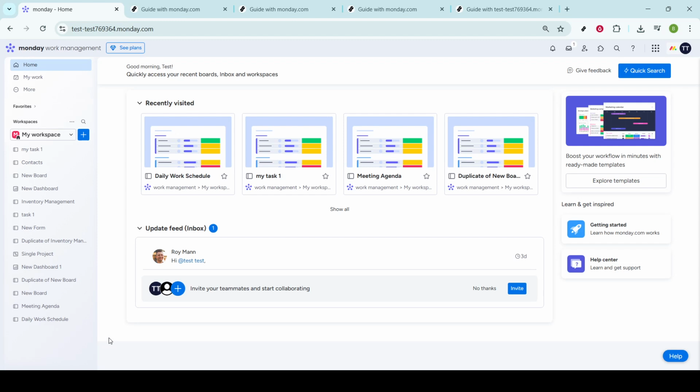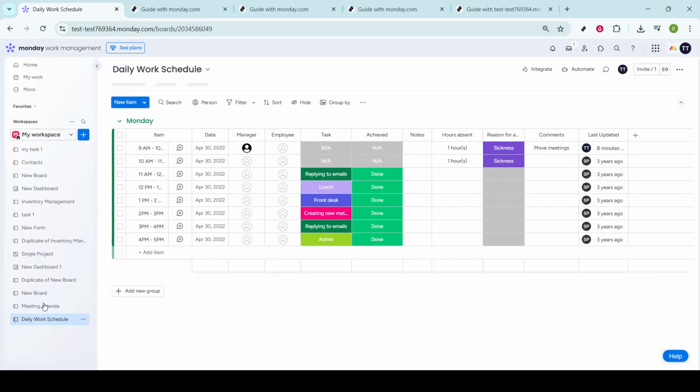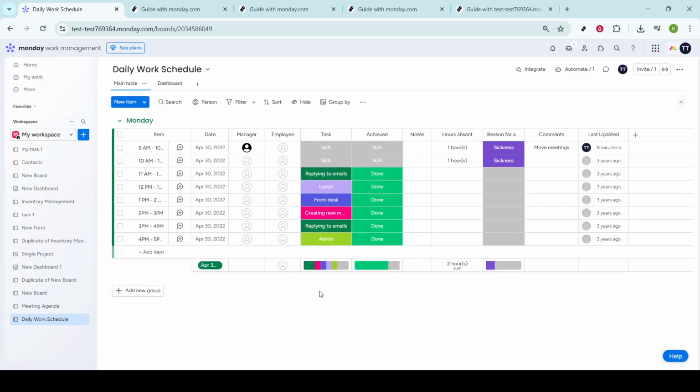Next is selecting the board you wish to unsubscribe from. Boards on Monday.com are where all the action happens. They're the central hubs where tasks are listed, projects are planned, and teams collaborate. As you look through your list of boards, consider which ones are relevant to your current roles or tasks. If you spot a board that you're no longer actively participating in, that's the one you'll want to focus on